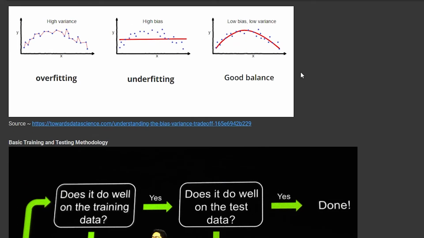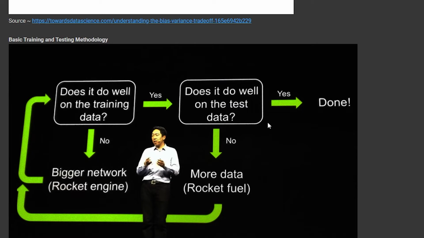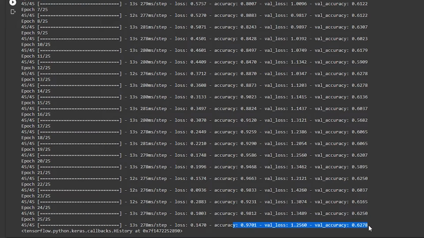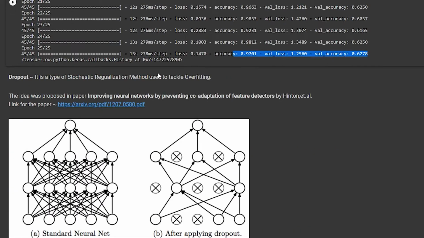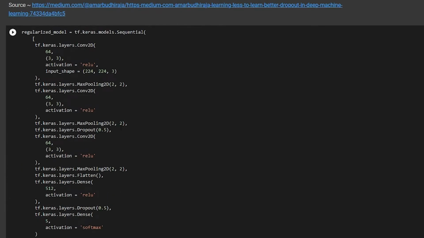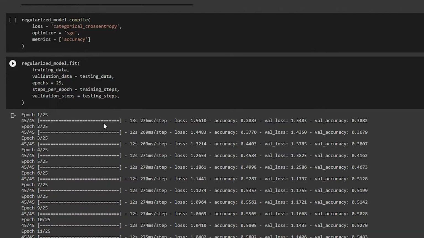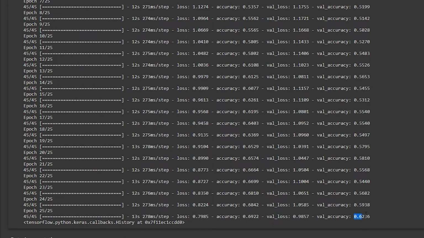So this is where the balancing principle comes into the picture, where we should neither overfit nor underfit the data. I have explained this earlier. Then I tried training with a higher number of steps. I took 25 epochs instead of 10, and my accuracy was quite messed up over here. It actually ran into an overfitting problem. In order to solve that, we use dropout regularization, which I have also covered in my earlier tutorials. I added 2 dropout layers over here and over here, and that considerably improved the performance of my model, which gave me around 69% training accuracy and 62% testing accuracy.